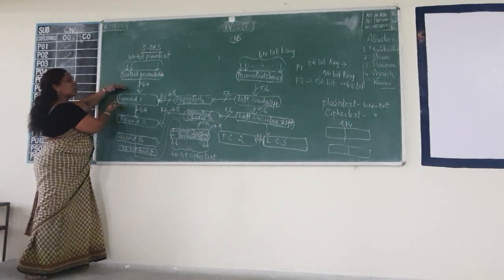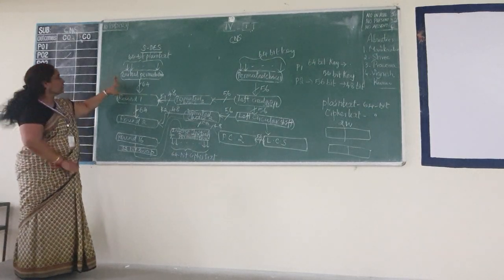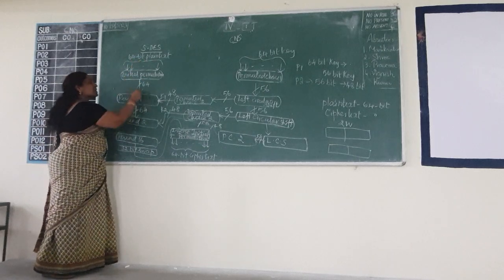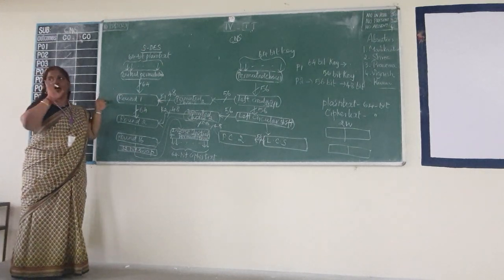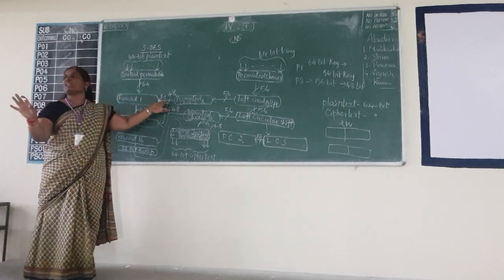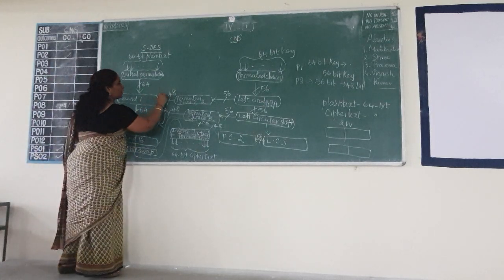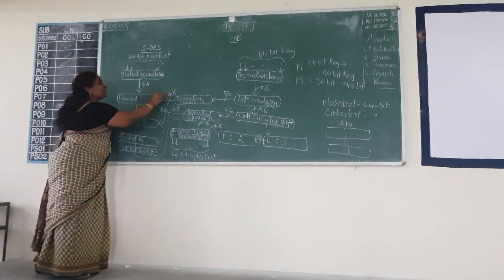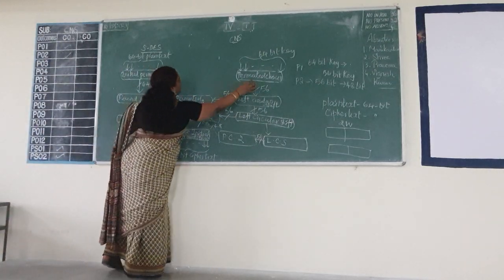So within this round function, what will happen? I will show you with respect to the DES algorithm. Each and every round function of the DES algorithm takes a 64-bit plain text or input. Whether processed plain text or raw plain text, it is 64-bit, and a 48-bit key is given to each and every round function. Here K1 is given to round 1. The actual key name is K, but for round 1 we give K1, the sub key.